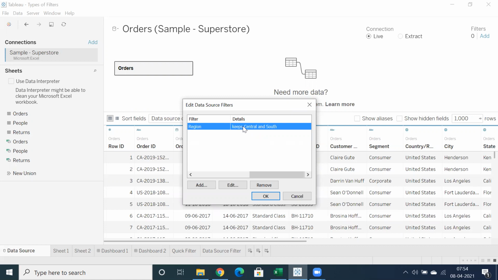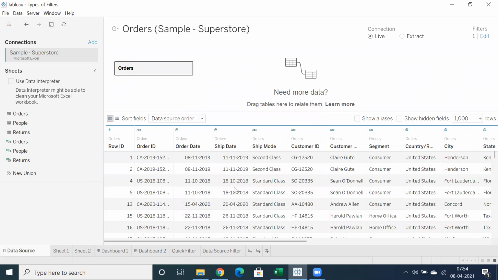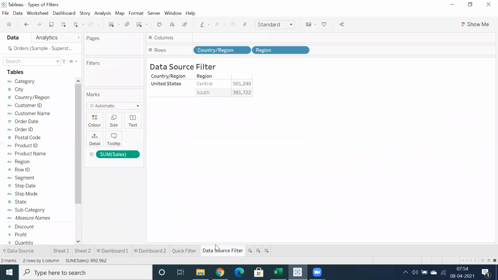You understand, right? So you can see the proper naming convention: data source filter. And when you edit this, you get edit data source filters. And you can see here, I used region, keep Central and South. When you load only Central and South, you should get only Central and South data.